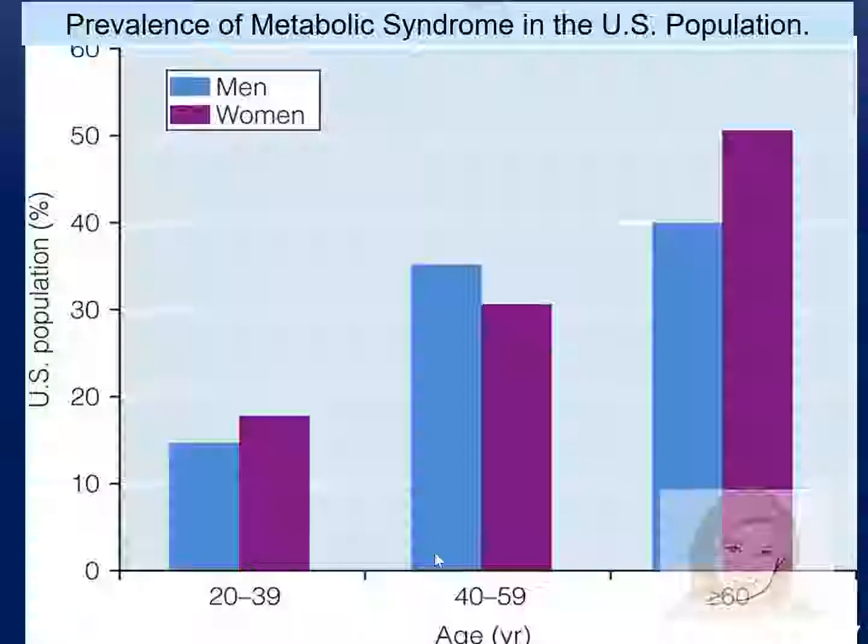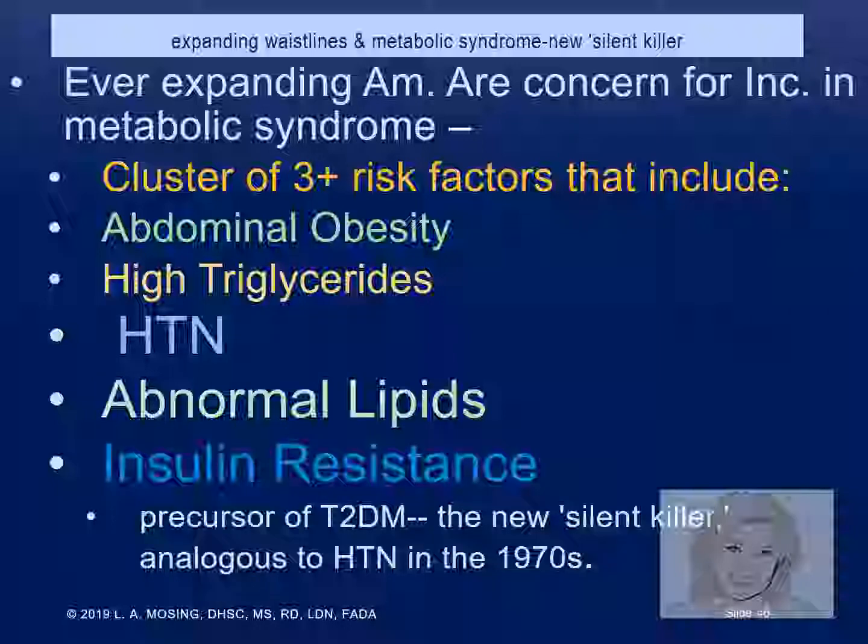So as we said, as we get older, we have more body fat, unfortunately, and women have more body fat to begin with. So women are more likely after about age 60 to have metabolic syndrome. It doesn't mean that they abandon all hopes of lifestyle changes. It just means it's a little harder for them. So, you know how people were talking about hypertension, silent killer? Well, now in a lot of news studies, they're talking about metabolic syndrome being a new concern because no one talks about it. They're not even identifying that a patient has it. But if you have a patient with abdominal obesity, hypertension, elevated insulin resistance, these are all hallmarks that we need